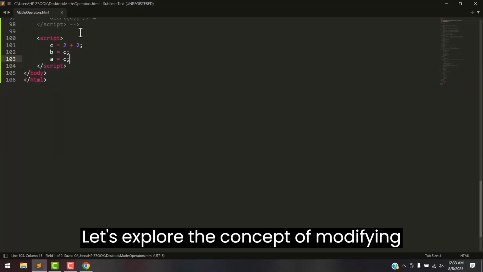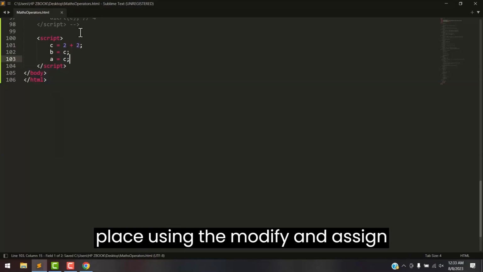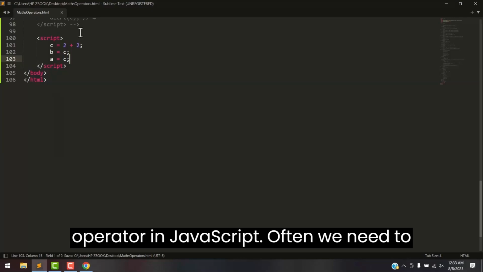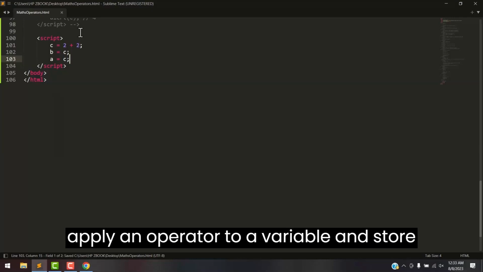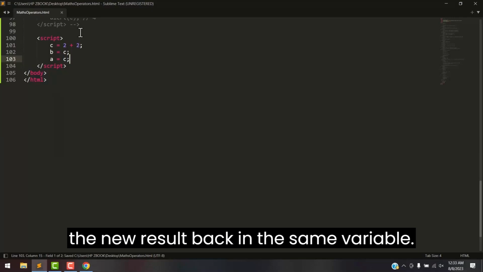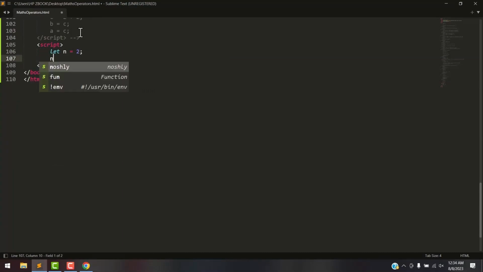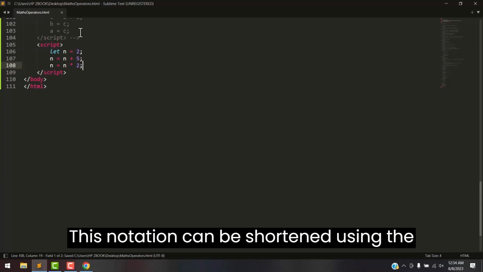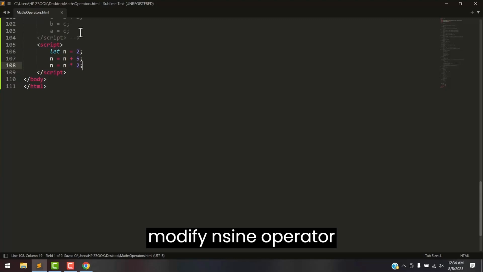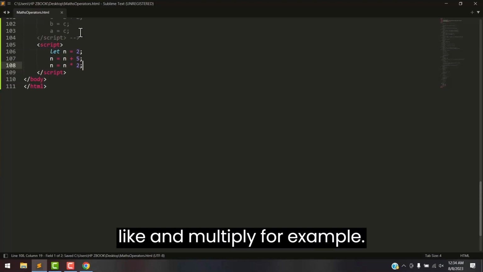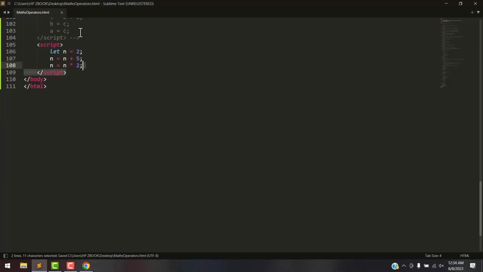Let's explore the concept of modify in place using the modify-and-assign operator in JavaScript. Often we need to apply an operator to a variable and store the new result back in the same variable. For example, this notation can be shortened using the modify-and-assign operators, like += and *=. For example,